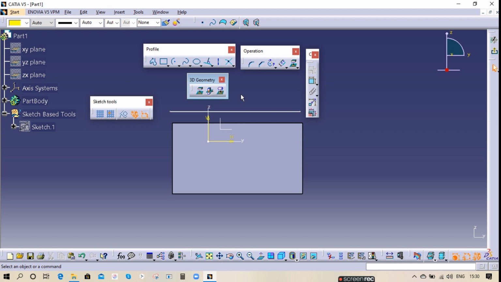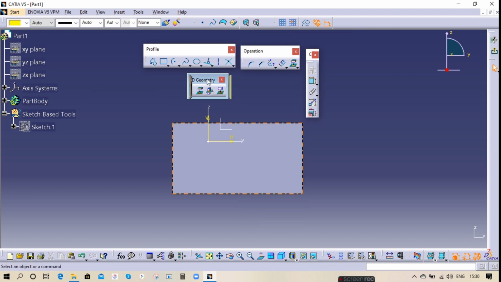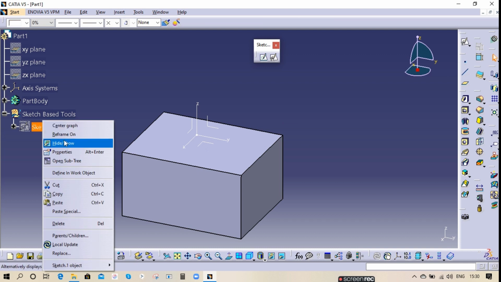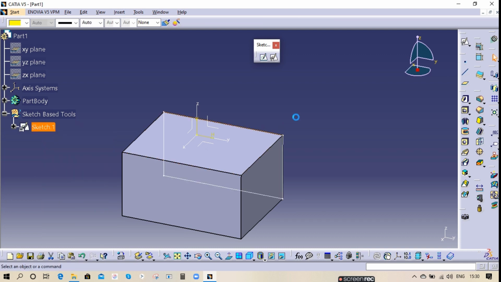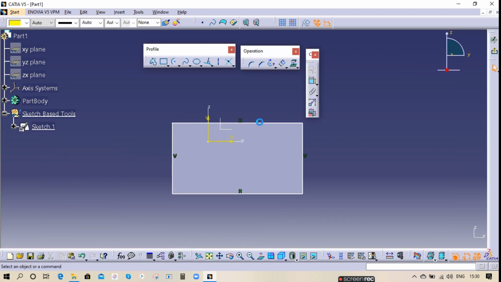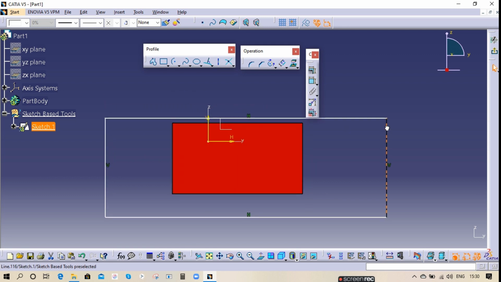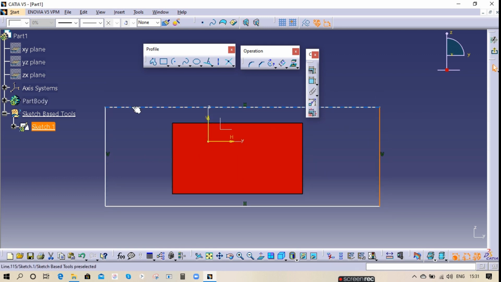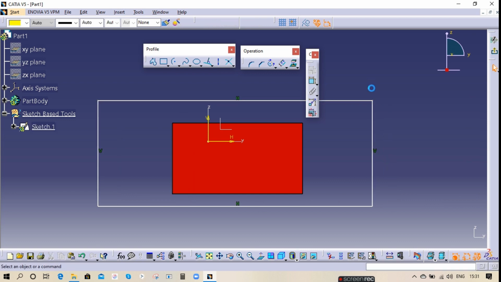And constraints. So I'll tell you in detail what is constraint. So whenever you have a profile of a rectangle, right? See, now this is not constrained, it will move like this. Any profile should not move in any direction. It should be fixed and it should not be in white color. White color in the sense under constraint. We have to constrain it.